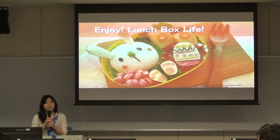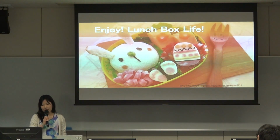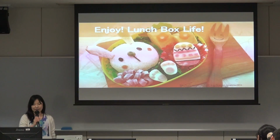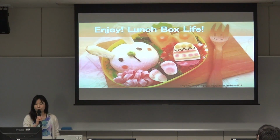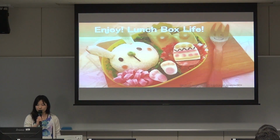I believe lunchbox is much healthier and overall less expensive than eating out. I also hope this Japanese lunchbox culture and technique will improve your eating habits to stay healthy and make everyone's